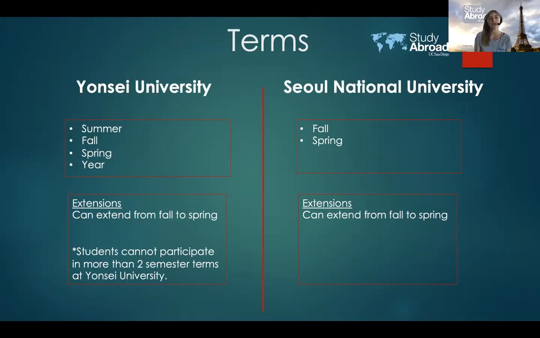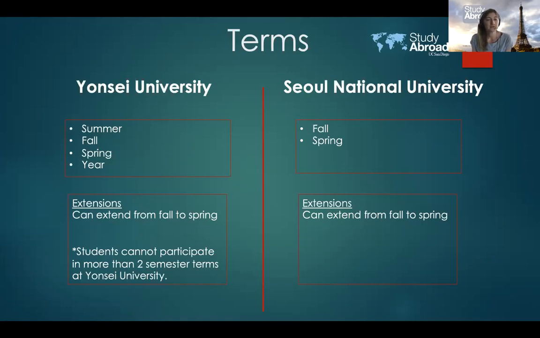And for the spring, both Yonsei University and Seoul National University are on the semester calendar. So if you were studying abroad for the spring semester, you would miss winter and spring quarter at UCSD. This is absolutely doable. It requires a little bit of pre-planning. Obviously, we want to make sure that you are staying on track to graduate on time. So we want to be sure that you're getting the courses that you need during that spring semester, so that missing a winter and spring quarter at UCSD won't set you back in terms of graduating on time. So again, for that reason, fall tends to be more popular. You're just missing fall quarter if you do a fall semester abroad in Korea.